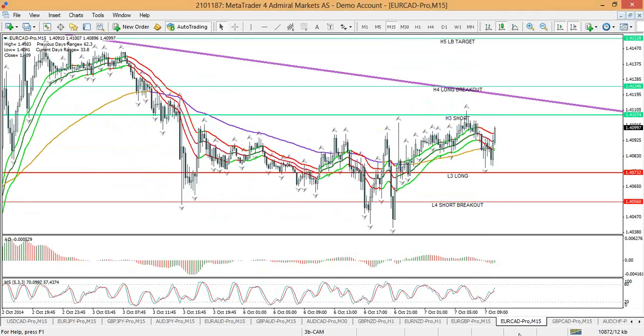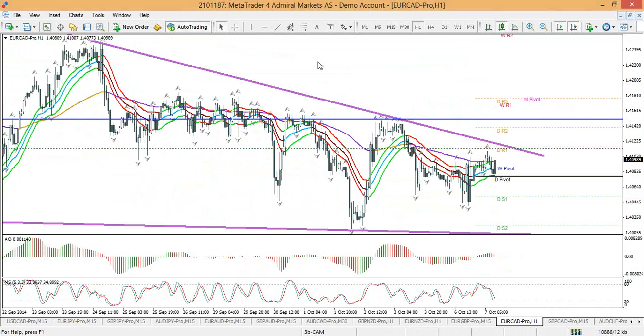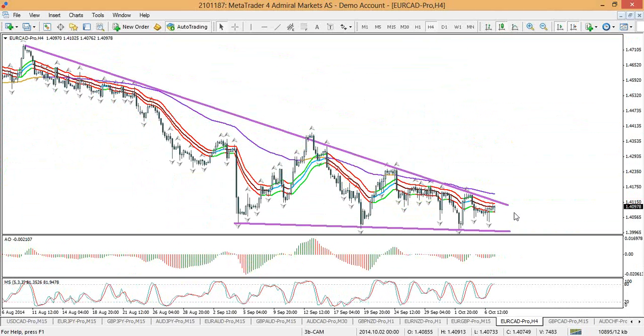All right, folks. EuroCAD, let's see, we have the 15-minute chart, for instance. We see price still stuck between H3 and L3, bouncing off those levels. Let's take a quick look at the hourly. It's quite choppy as well. I think that, yeah, now I remember. I put these trend lines on this morning